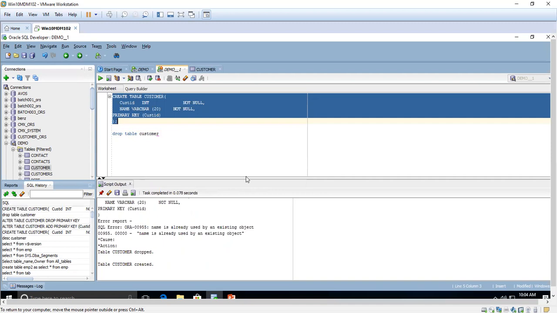As the table already exists with the same name, I have just dropped the table. I created the table also for demo purposes only. So I dropped the table and recreated it with the same name. Now it has been created.